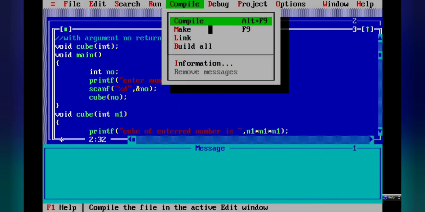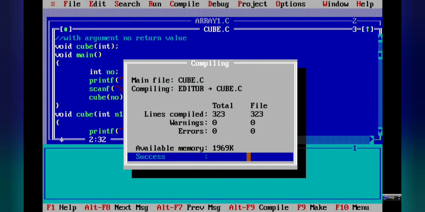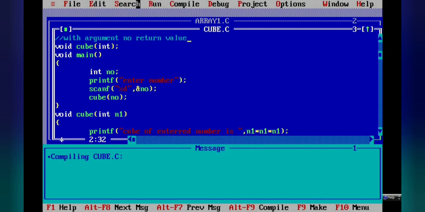So now we will compile our program. There is no error, and now we will run our program. So now here we have to enter a number. So here I am entering value 3. So 3 multiplied by 3 multiplied by 3. So the cube is,